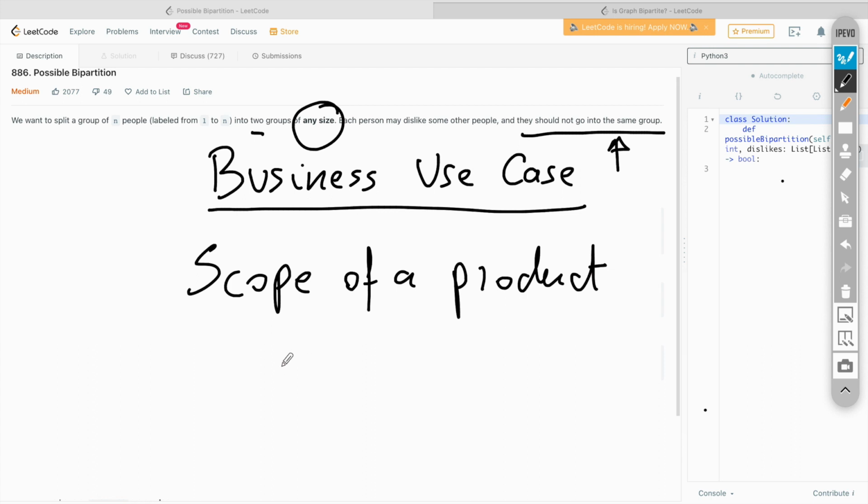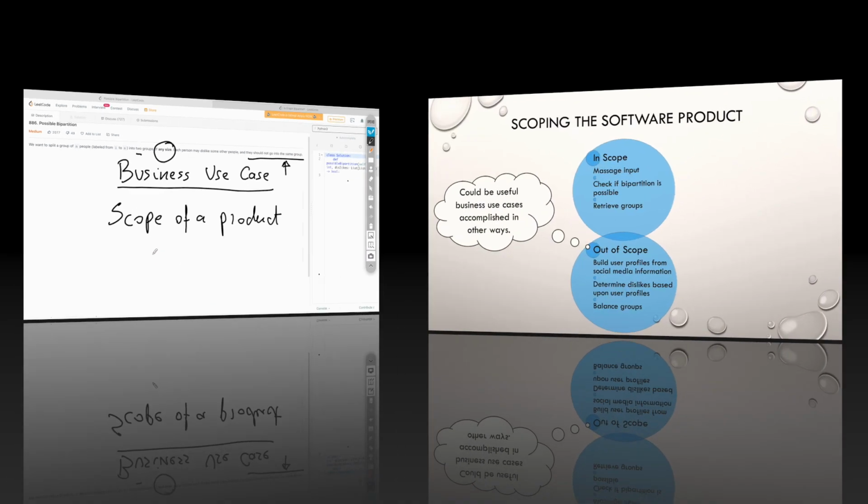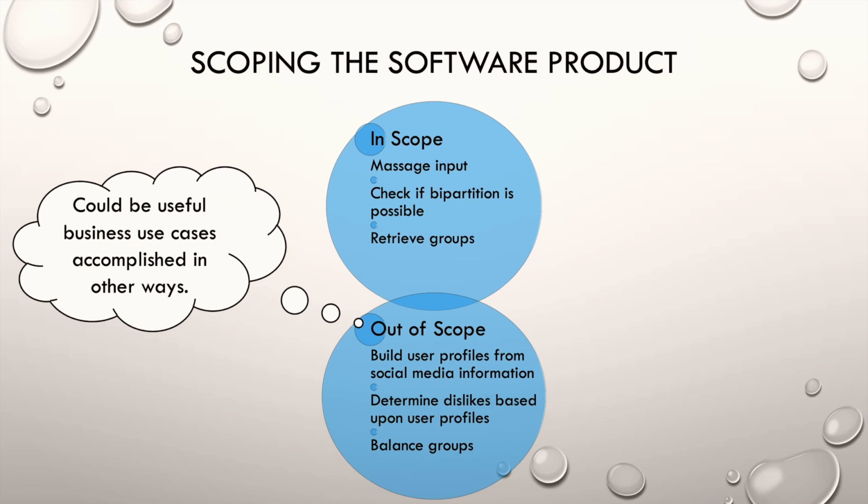Proper scoping is quintessential for the success of your project. Many agile projects fail exactly due to ill-specified scope. Suppose that in our case we have scoped the software product as follows. We have divided our features into two groups, in scope and out of scope. Now, these features, once again, are associated with that system in a wider sense, and only those which are marked as in scope are going to be covered through a software product.